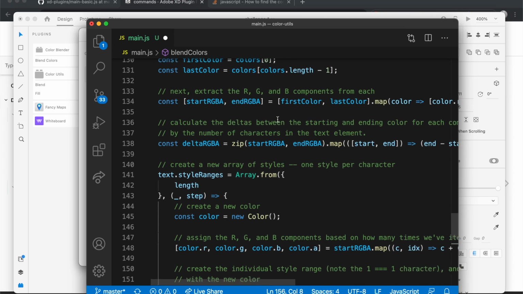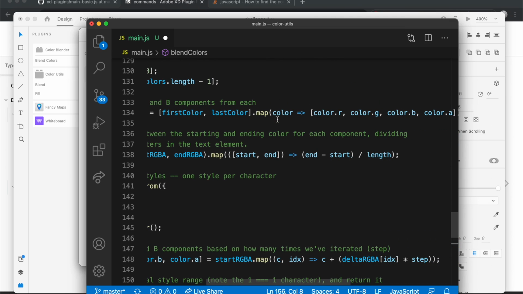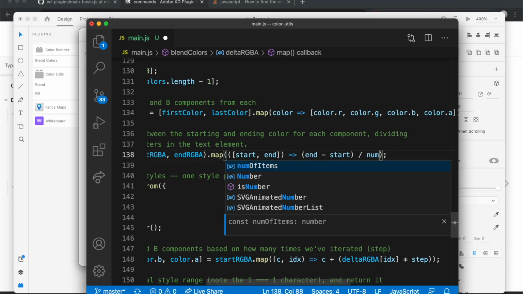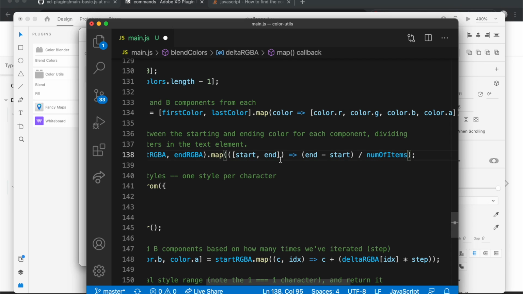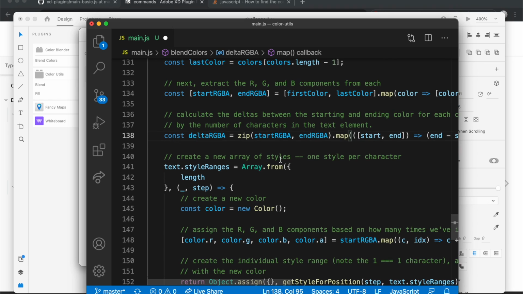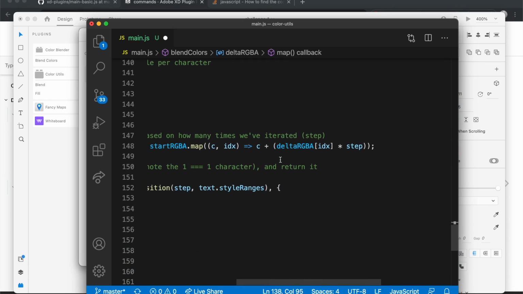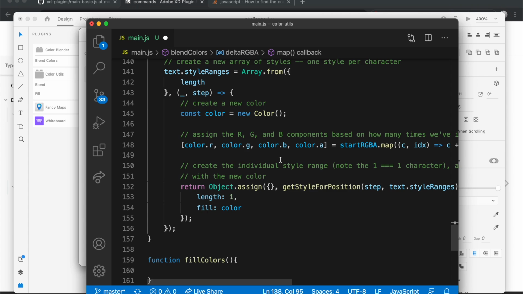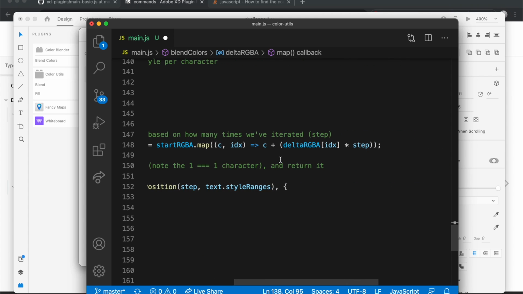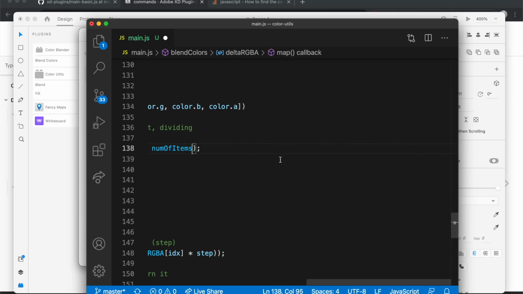So in our case, the length we want to use is the number of items. This was actually using the length of the text, so the number of text items in there. So in our case, that is actually the number of items. Are we using length anywhere else here? Nope, doesn't look like we are. So now that we have those two deltas,